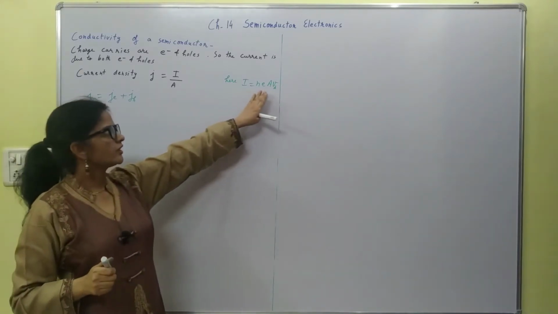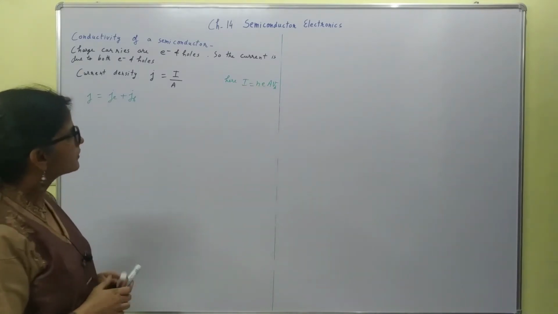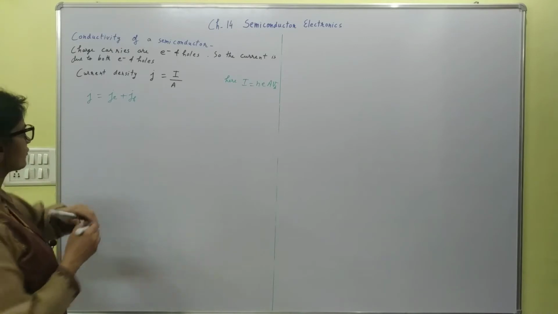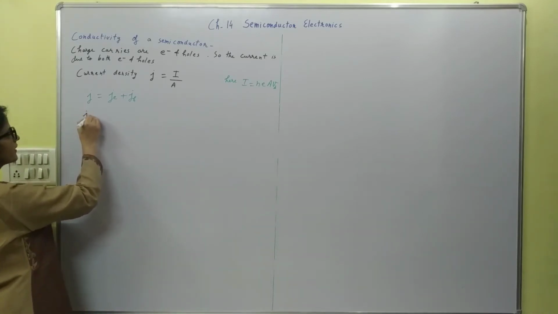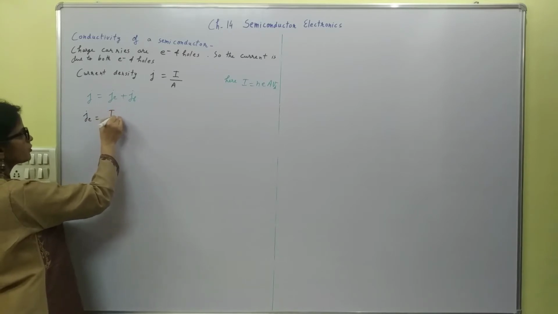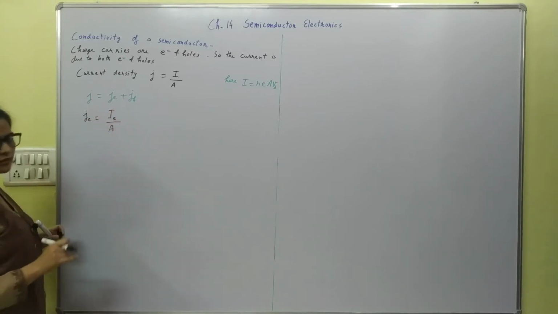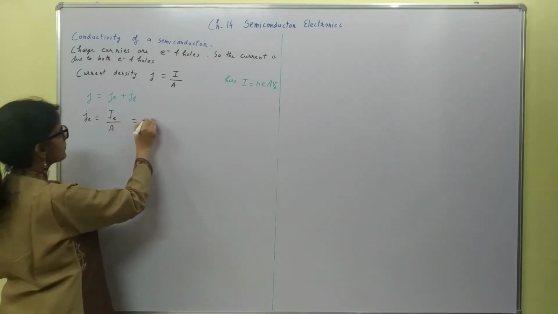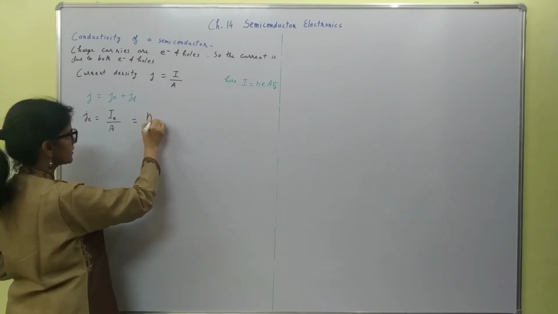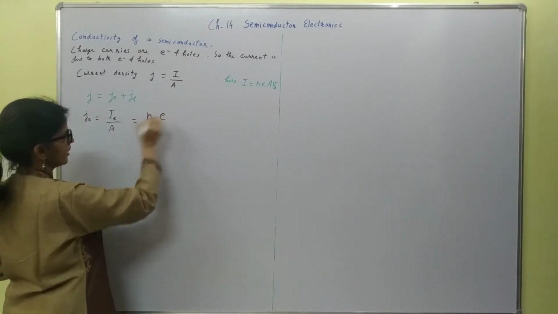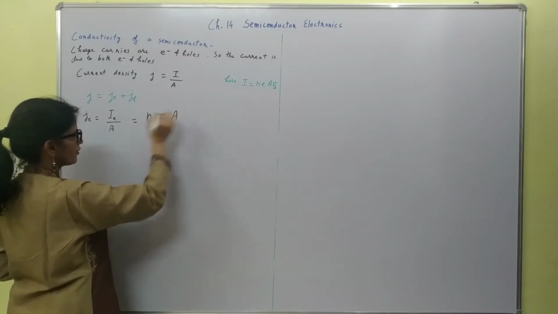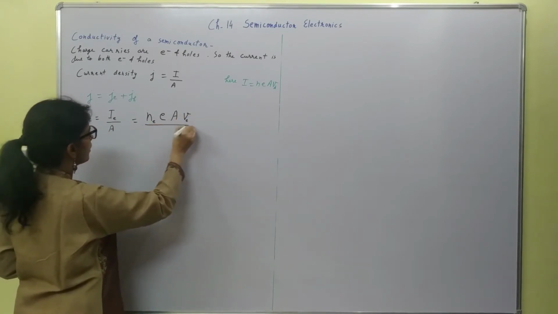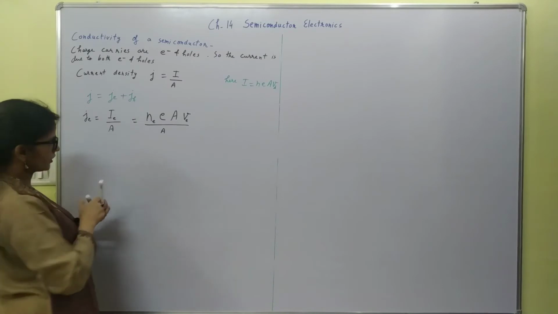In that case, we had studied it for electrons. Now here we have to write the current density for electrons as well as holes. So we can write that the current density of electrons is the current due to electrons upon the area of cross section of the conductor, or the semiconductor more accurately. This can be written as N, the number density of electrons, charge of electron e, area of cross section A of the semiconductor, and the velocity of the electrons, upon area. So this will give me